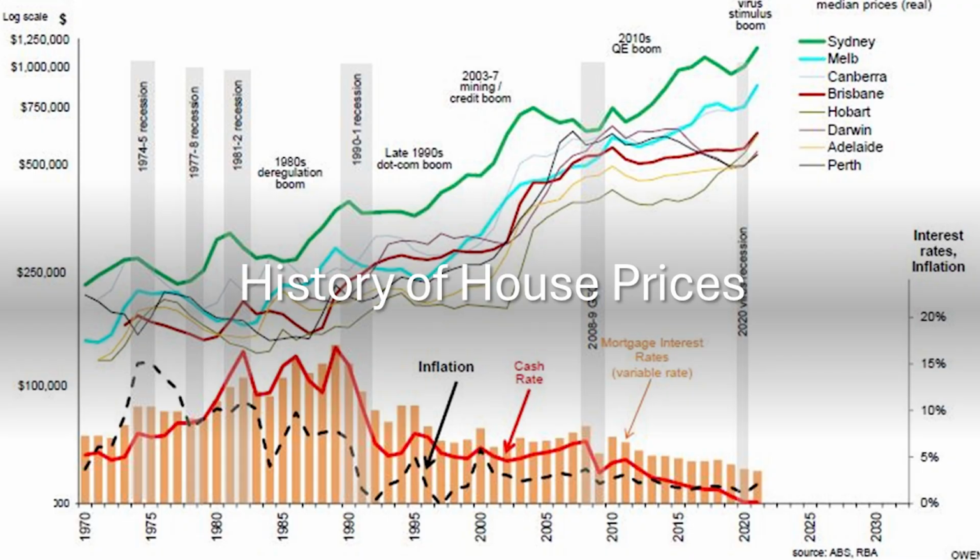Let's look at the history of house prices. So, look, this is just a graph showing basically where our house prices are today. And it's basically from 1970. And the reason I show you this graph is because from 1970 onwards, something happened that changed the course of